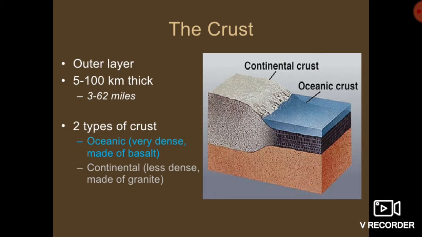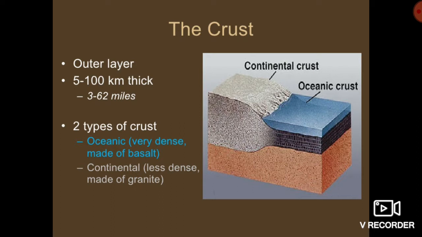Of the two types of crust, the oceanic is denser than the continental crust because of the presence of basalt rock. Basalt rock has high density because of its mineral composition, that is silicon plus magnesium. Whereas on the continental crust, the density is lesser than the oceanic crust because of the presence of granitic rocks, which are less dense than basalt rock. Their chemical composition is silicon plus aluminium. This crust is very brittle in nature,